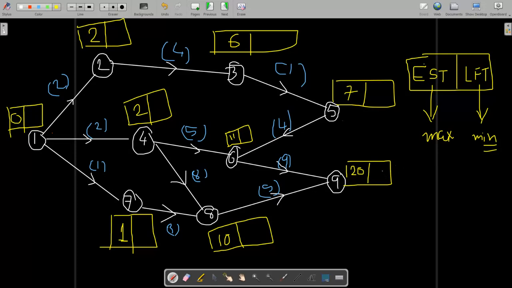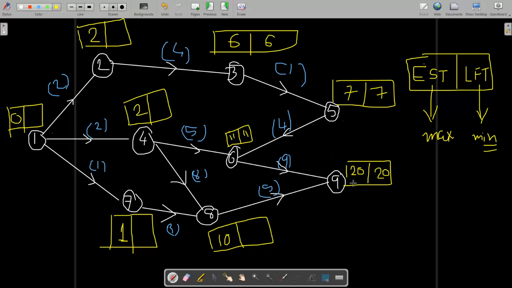Okay, now the finish time at the end of the project is the starting time and finish time of the last activity. For example, if you want to attach the last screw of your handle, once it is started on the same day, it can be completed on that day only. So the early start time and finish time are the same for the last point. Now just go back and minus the duration time from each activity. So 20 minus 9, that is 11. 11 minus 4, that is 7. 7 minus 1, 6.